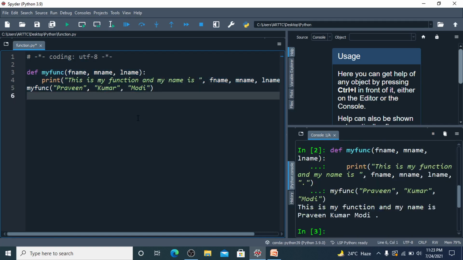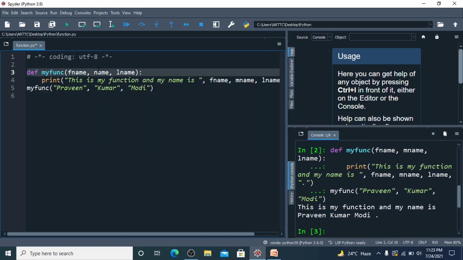But what if the number of words in the name of a person is not known? In that case, we have to use variable length arguments, and to make variable length arguments, we have a provision using star.